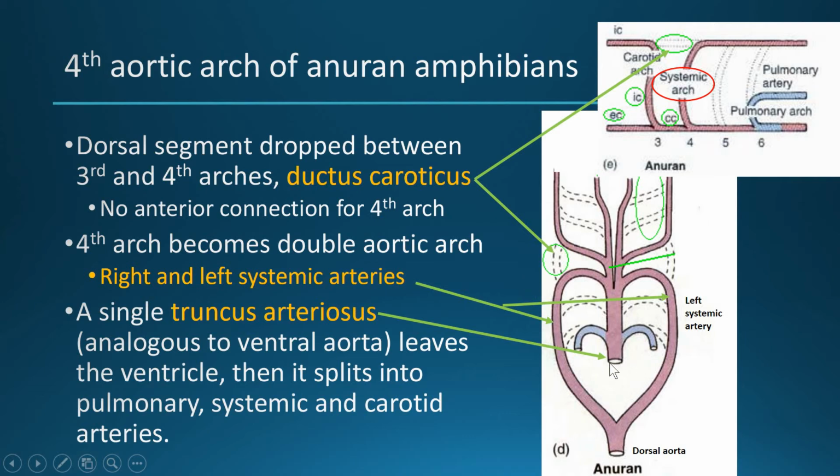And they're coming from a truncus arteriosus. There's a single one coming from a single ventricle. It's coming up, and then it splits. And in your frog pictures and in your real frogs, these three vessels are right next to each other. There's no space in between them. They're like tightly packed. But as soon as it goes up the truncus arteriosus, then these three are packed on